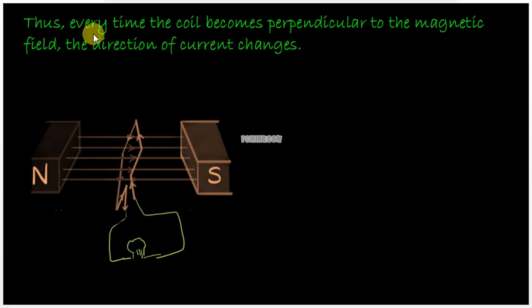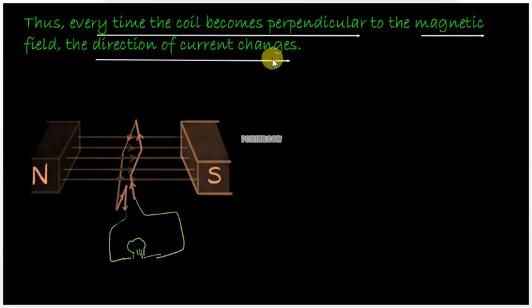So you have to note down that every time the coil becomes perpendicular to the magnetic field, the direction of current changes. That's an important thing to be noted down. Now the next thing that comes up is, okay, fine, the current is induced in the coil, but now how are we going to use that current? How are we going to use this